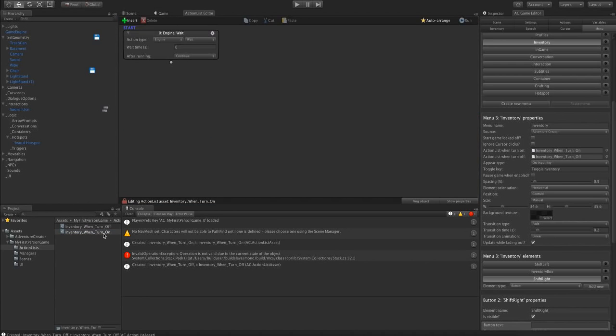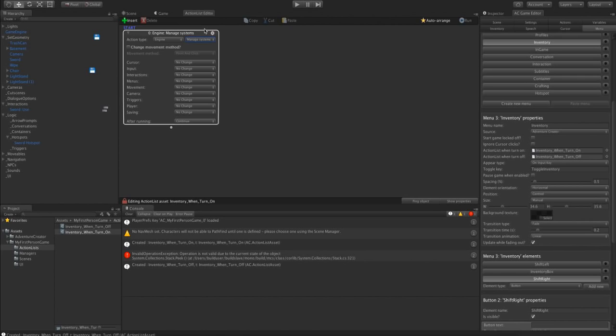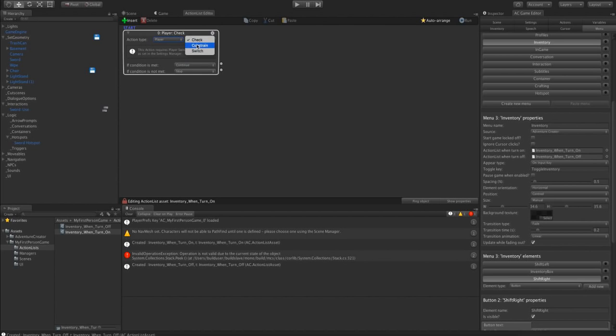We'll start with when we turn on, and both of these are going to use the same single action. Sorry, it's not going to be an engine manage systems action, it's going to be a player constrain action. And here we have free aiming, and we're going to disable free aiming.